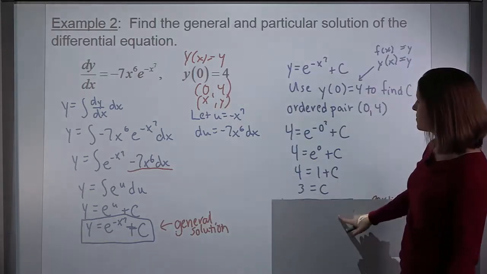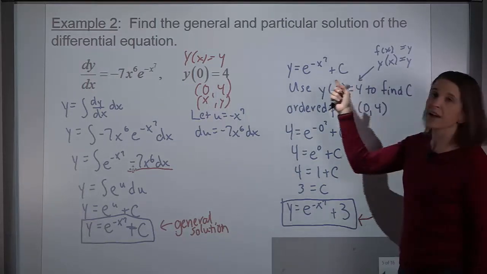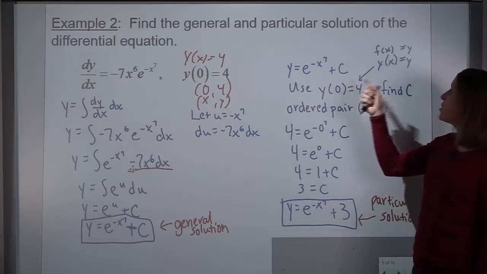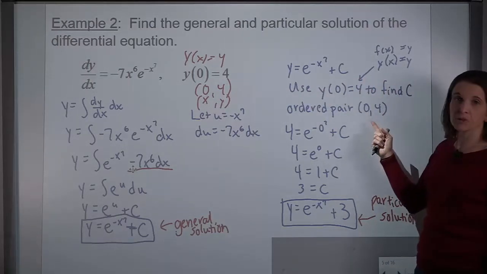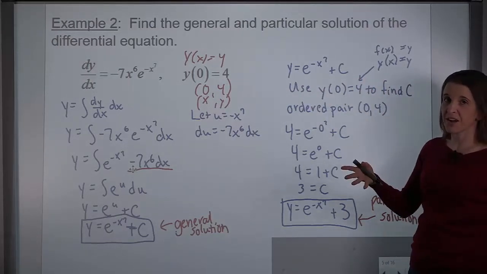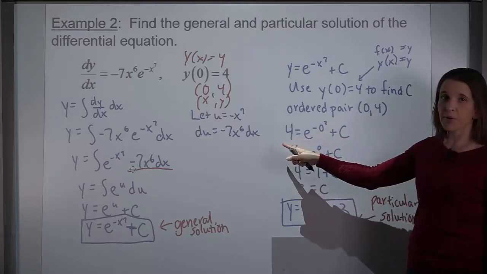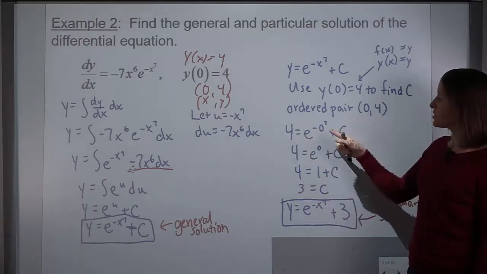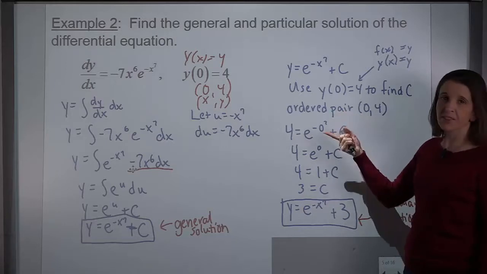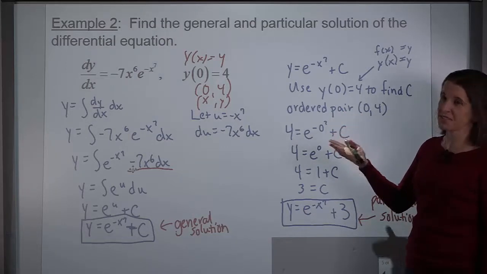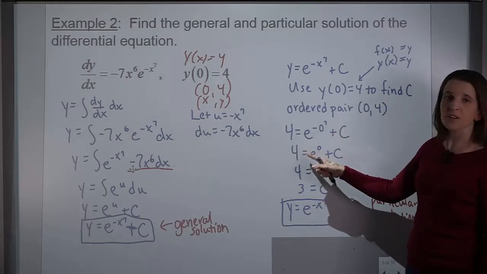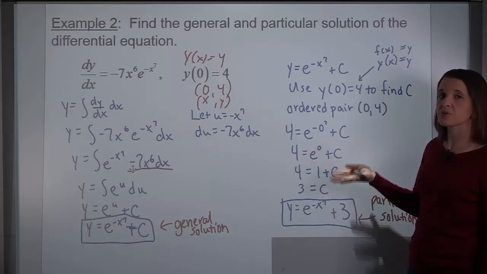Okay, so here was our general solution. We simply use that ordered pair, putting them in for the correct values. 4 was our output, our y, and 0 was our input. Now 0 to the 7th is of course 0, and negative 0 is 0. And so we actually have 4 equals e to the 0 plus c, and we're using that to solve for